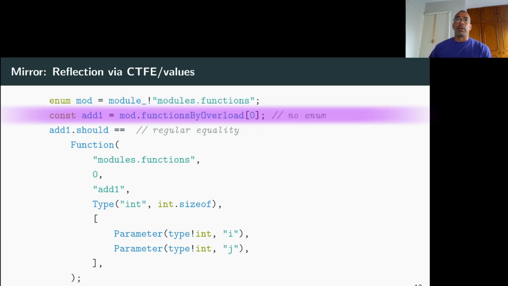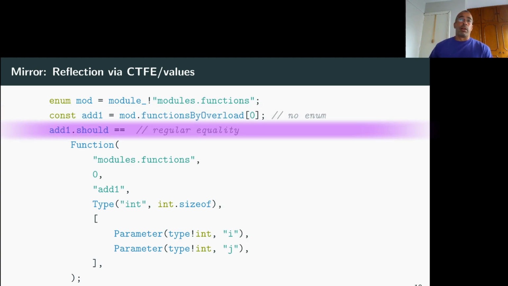And realize that here in the second line, I'm even using const. I'm not using enum because I don't have to. And I'm getting functions by overload this time. And then I'm just taking the first one because I'm only checking the first one here. I could use regular equality because these are just values. It's just completely regular D values. And functionsByOverload index 0 is an object of type Function, which is a struct.